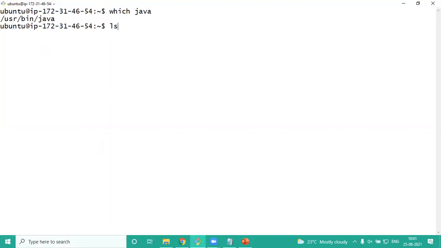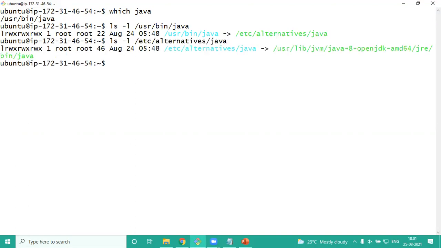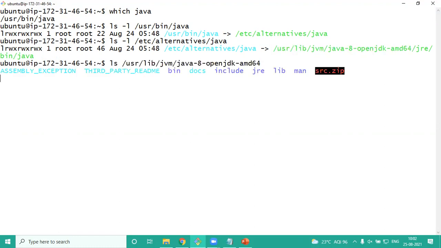However, if I check this, this will be again a symlink to this location. So basically, my Java is installed in this location called user lib jvm openjdk. Okay, so if I ls this, you will see, right? So this is my Java home. So what I'm going to do now is,